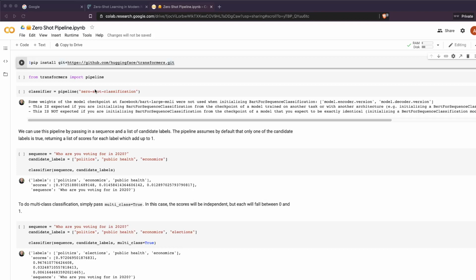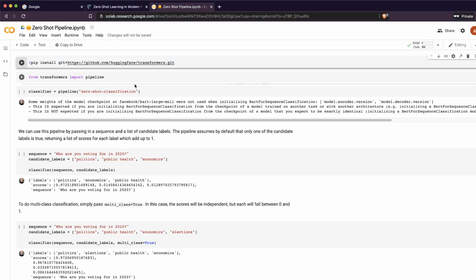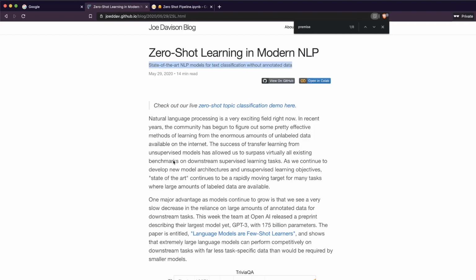First of all, in machine learning, what is zero shot learning? You can have a look at this blog post for detailed information about what is happening behind the scenes of how they managed to build this particular model. But in a nutshell, zero shot learning means you train a machine learning model for a particular task, but you try to do inference with a different task.